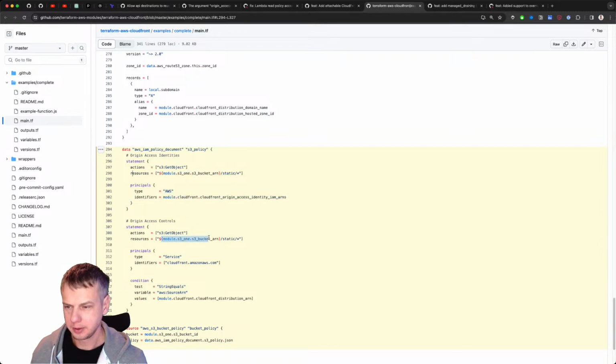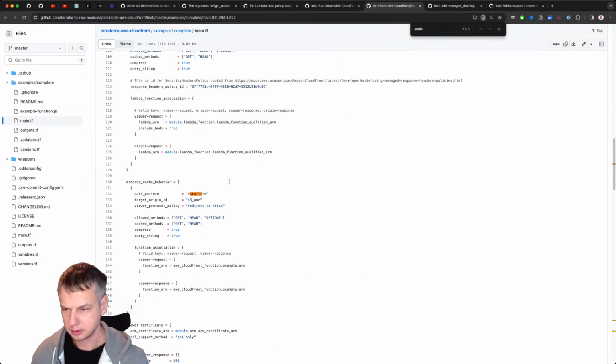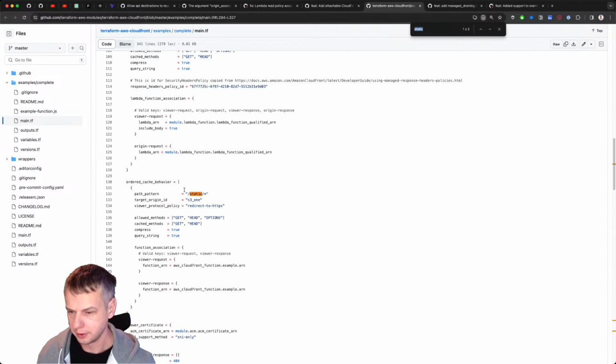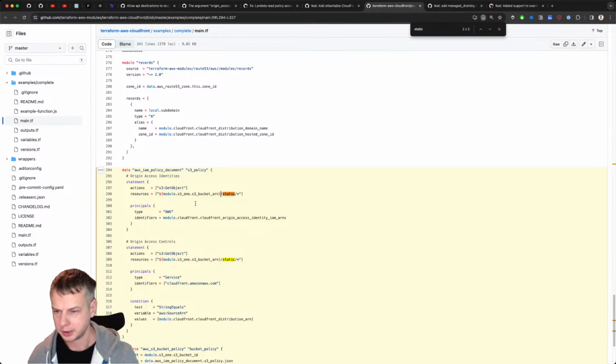Let's see. This statement can be, no, sorry, this resource is pointing to static. Why static? Because we want to give only this one to CloudFront, right? That's why it is static. It's not like the root of the bucket. So we may have to have parameterization in these resources as well.